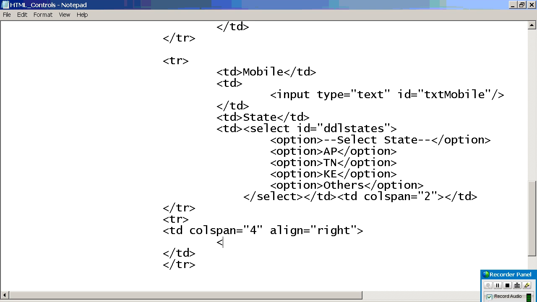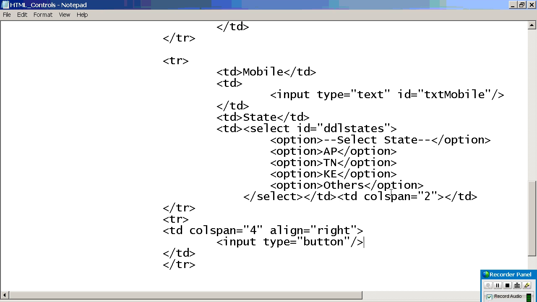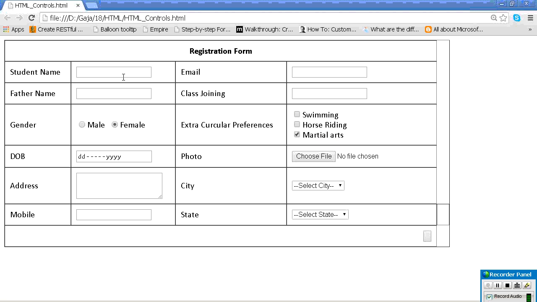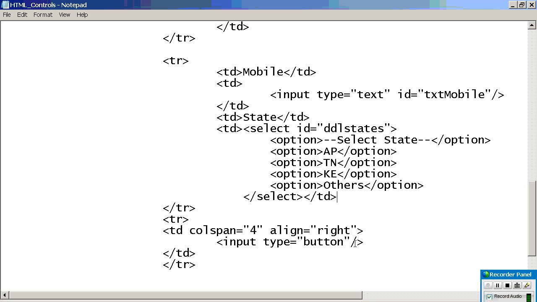Okay. So what I am writing, we want a button, right? So we can go for input type equal to button. So what will it give? It's giving a button control, but there is no text. What is the property you need to use? It is value.